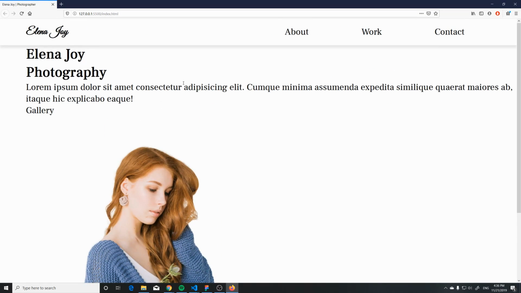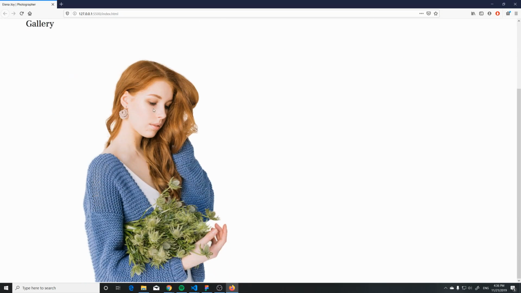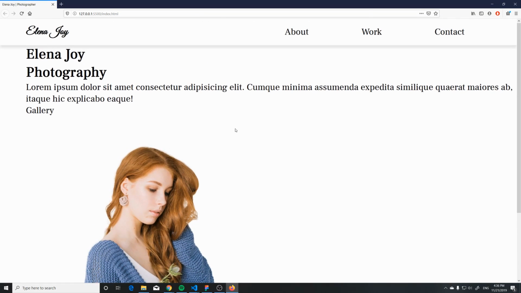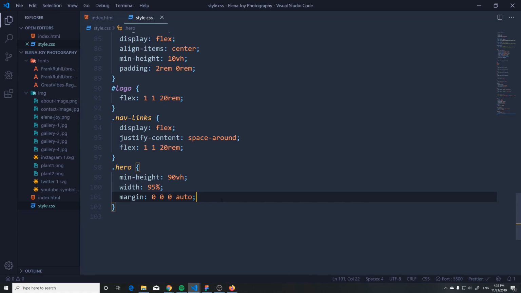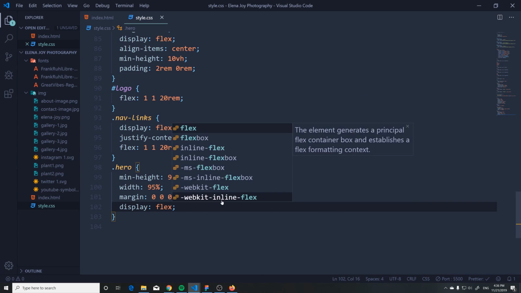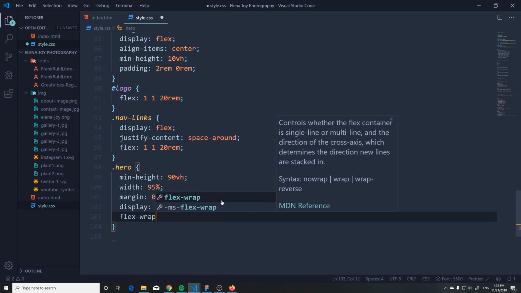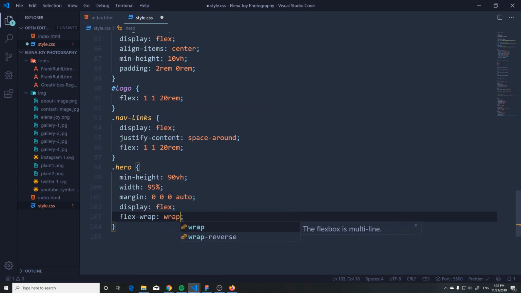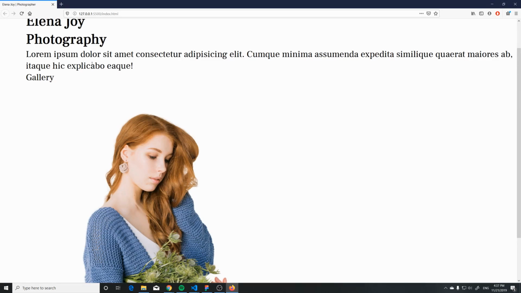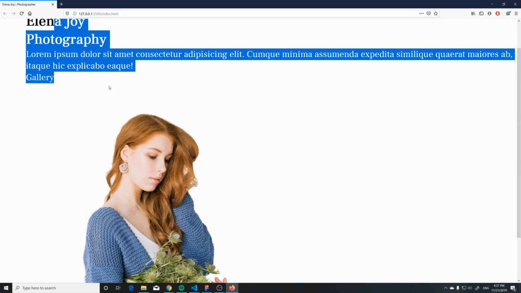So even though we added the min height 90 VH, since this picture is large, it's gonna stretch this whole big container all the way here. Okay, so let's start fixing this up. We can add a display flex like this, and we can also add a flex wrap to make it mobile friendly after a bit. What we can do is style up this hero introduction. Okay, what I want is for this to come in a column and to be pushed down here in the